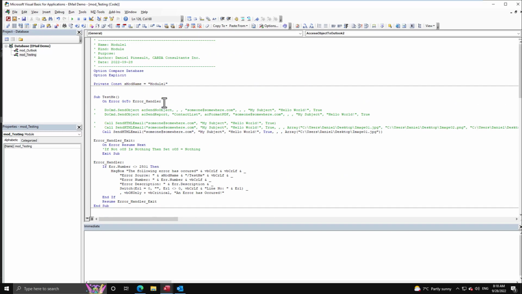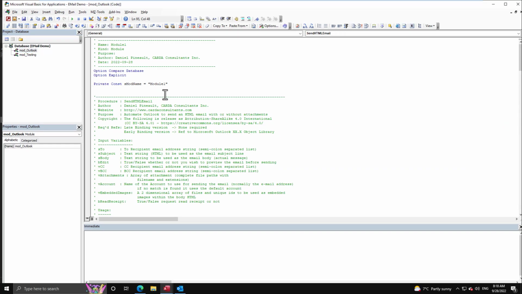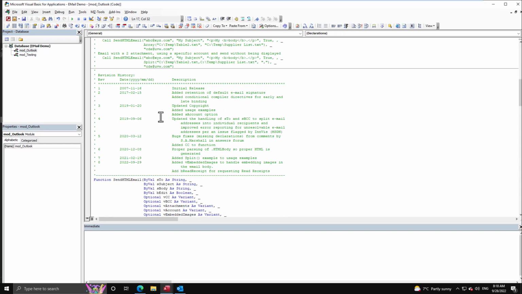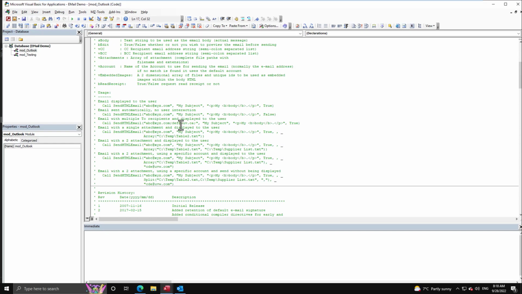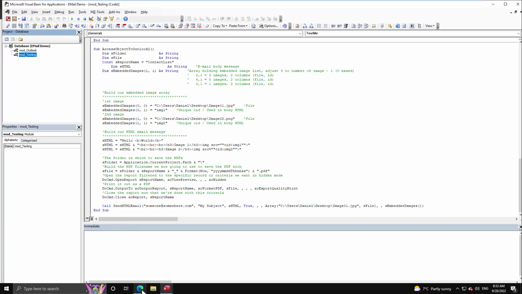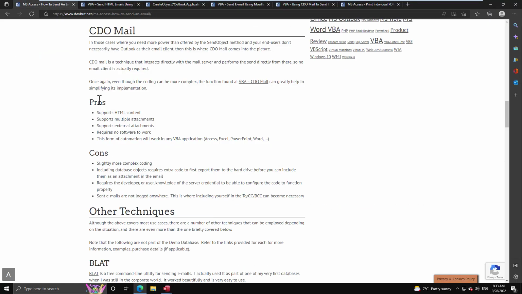But as I explained, and what's explained also in my webpage, everything is because of this function. So this is the heart of the matter. You need to copy this into a standard module, and then you can do anything you want. Next, if we come back to the first page,